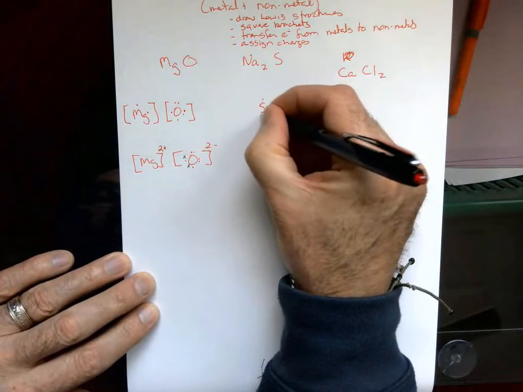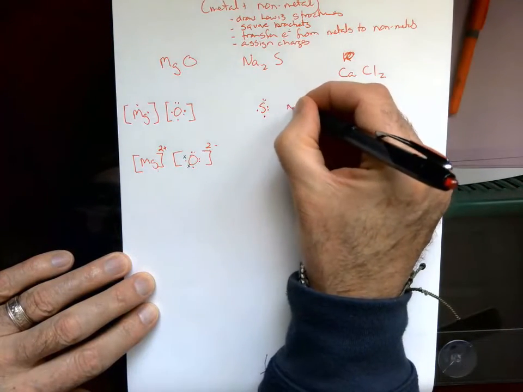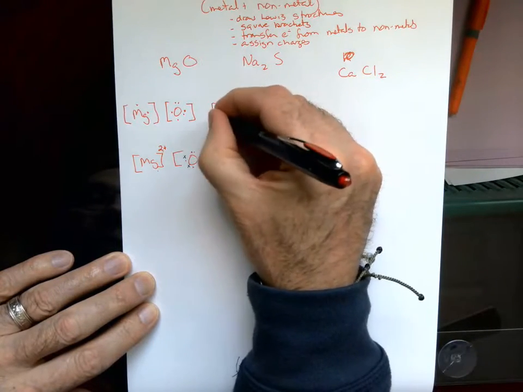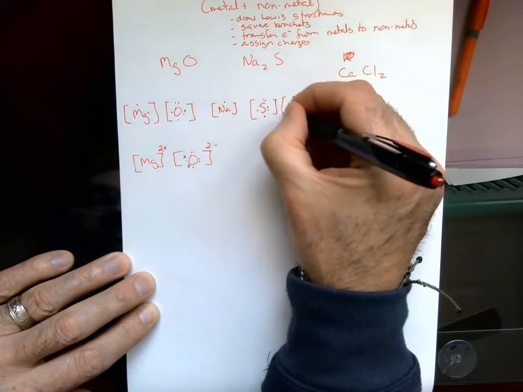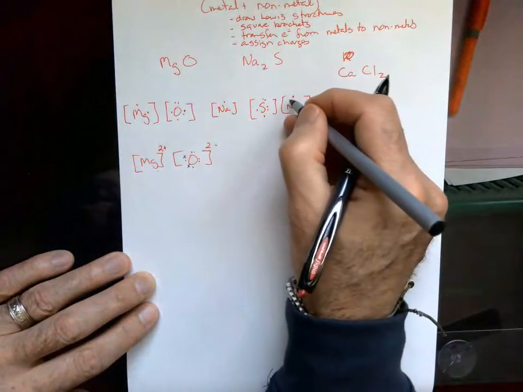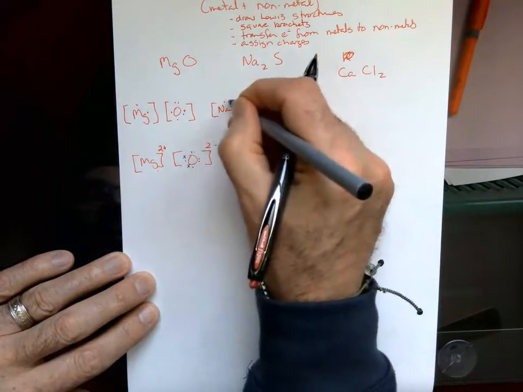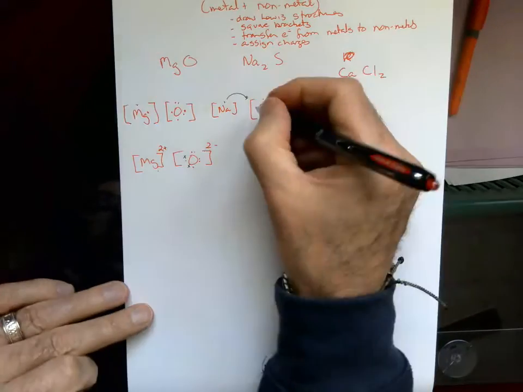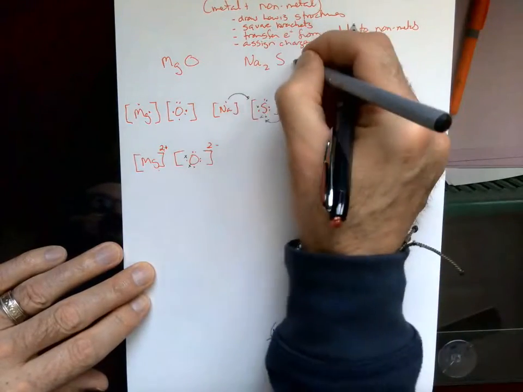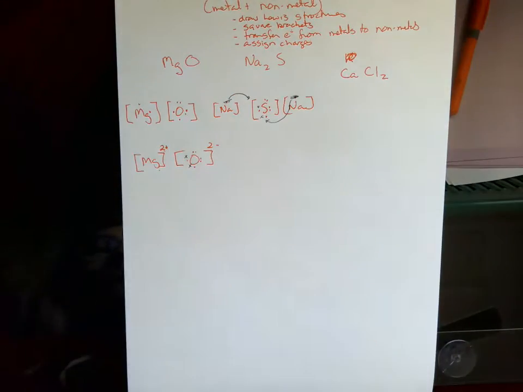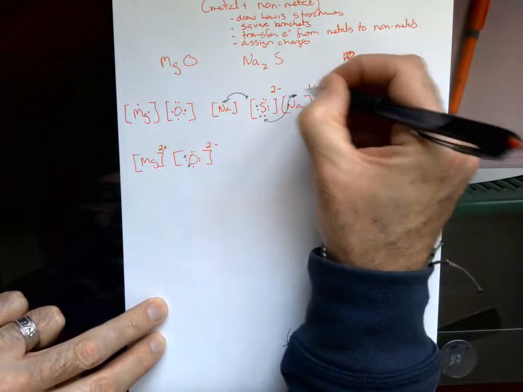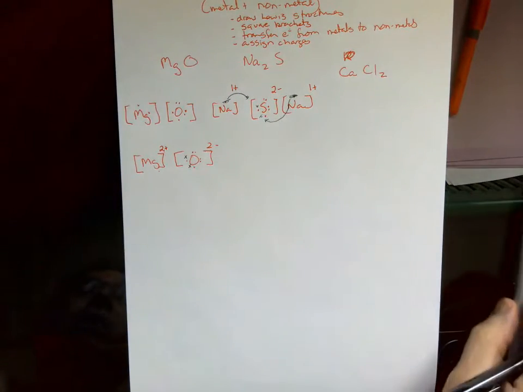Remember, the one that we have the least of goes in the middle. Square brackets. All of the electrons get transferred to the S, which is our non-metal. We know it's the non-metal because it comes second. Non-metal always comes second. So we've transferred those electrons over. It's gained 2 electrons. These have each lost 1 electron. If you lose electrons, you become positive.